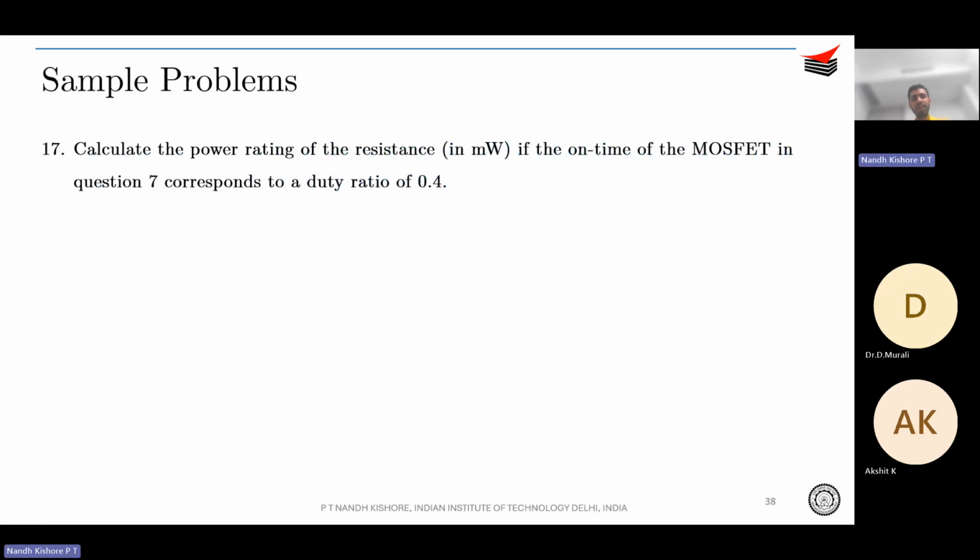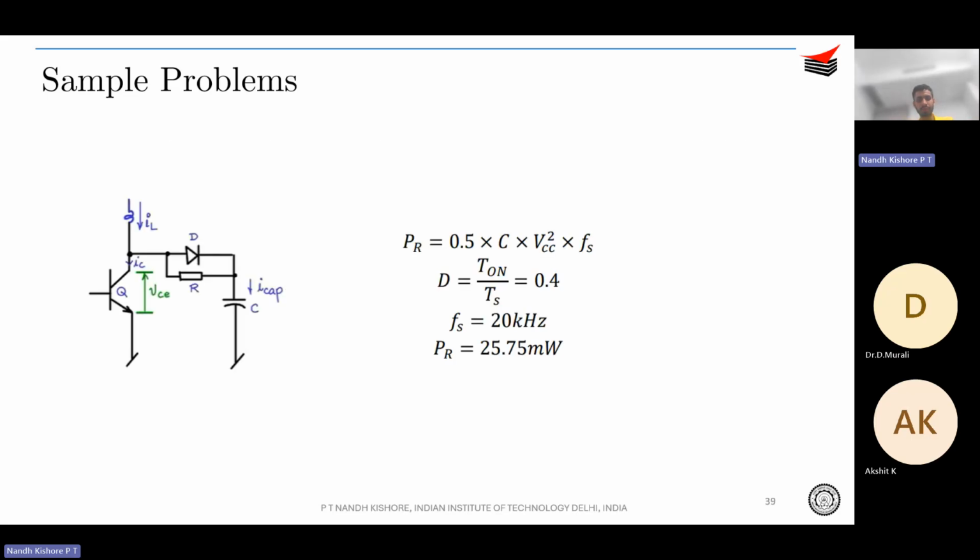Calculate the power rating again. So you can understand that if the on time of the MOSFET corresponds to 0.4. Okay. Question number 16. So what is the power rating? Power rating would be simply